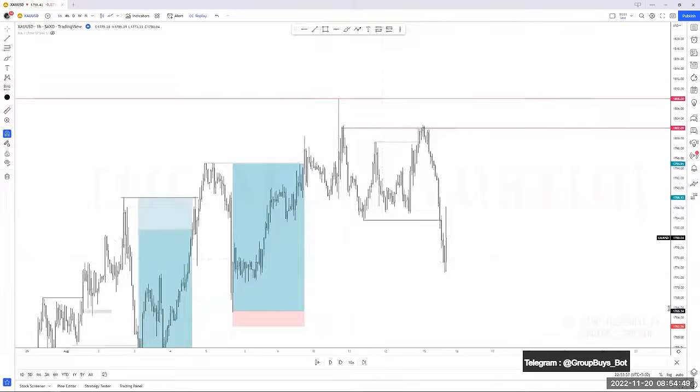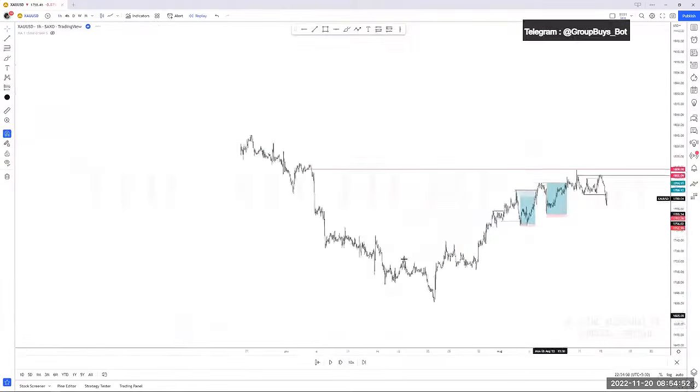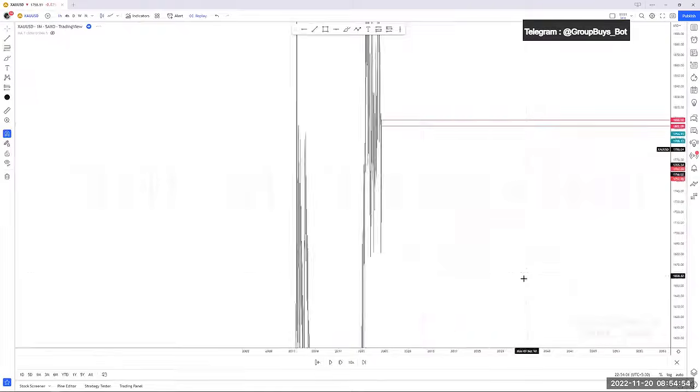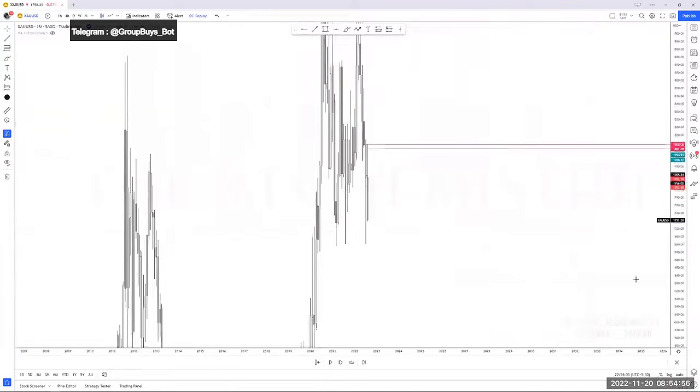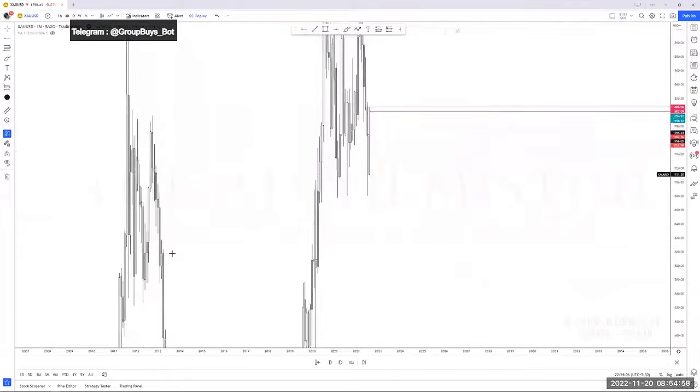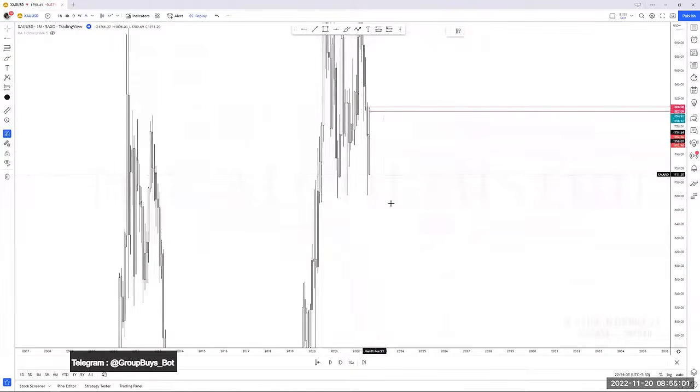Okay, very clearly we got the breakout structure. Now, where are our targets? Now you understand this, right? Where are the targets? The monthly to monthly. So maybe the next monthly, or else in a monthly to monthly, we will have weekly